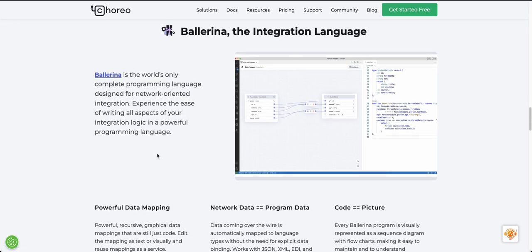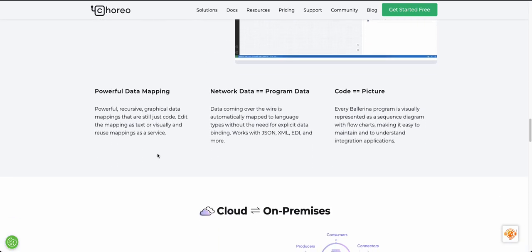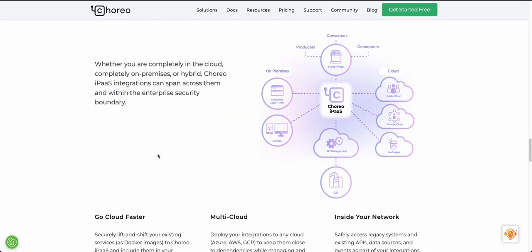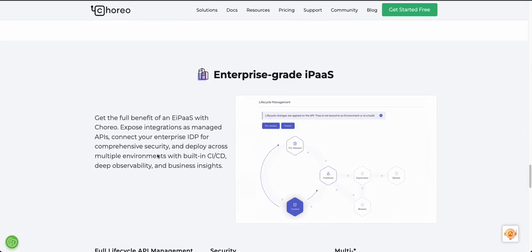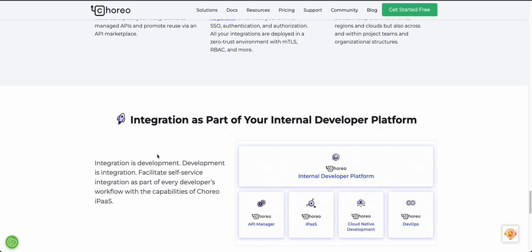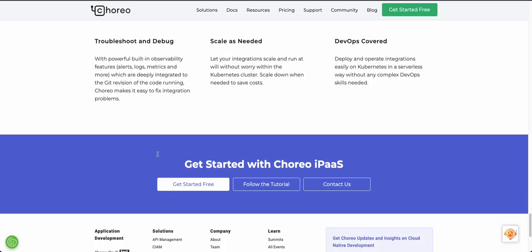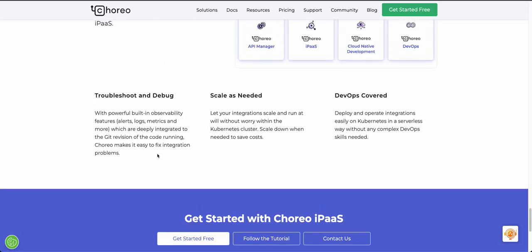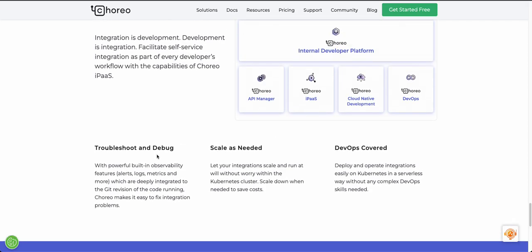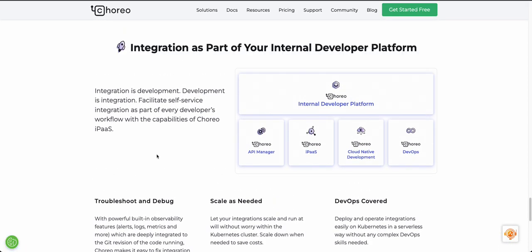You can bring your own code as well. And if you see, there's also a bunch of other capabilities listed here, and you can easily get started, and you can start from the iPaaS service offering, and then you can develop your integrations and expose them as services via Choreo API management